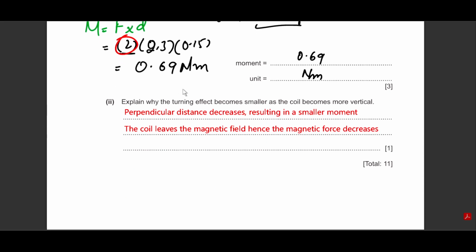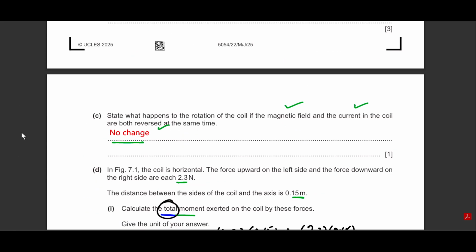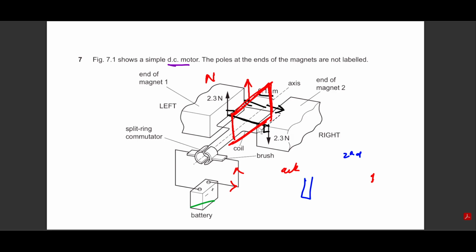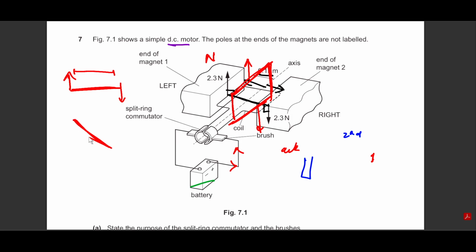Explain why turning effect becomes smaller, the coil becomes more vertical. So as the coil actually becomes like this, why is the moment reducing? You see, the force always stays up in this direction. So if you look at it from the side, first the coil was horizontal, the force was upwards, and the distance was perpendicular. As the coil rotates like this, for example, the force is still upwards, the force is still